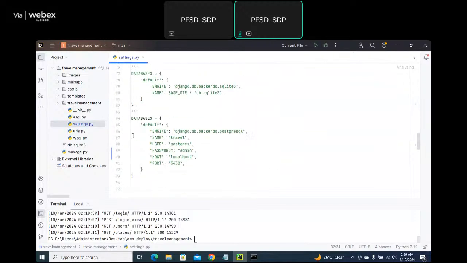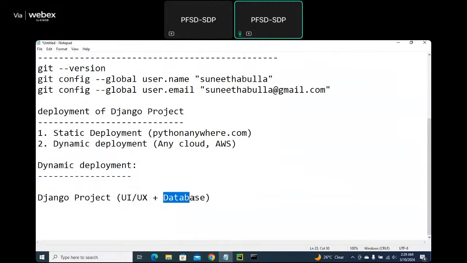If I deploy this project into the AWS cloud, what will happen? It won't work. Why? Because the database connectivity is related to my local system, but the application is deployed into the AWS cloud. That's the reason we need to take an online database server. AWS provides database services. So in our Django project, for UI/UX deployment purposes, we are going to use an EC2 instance,